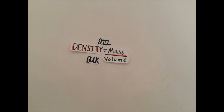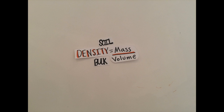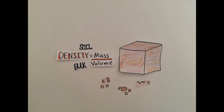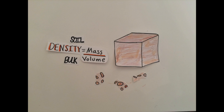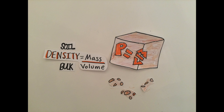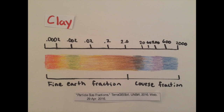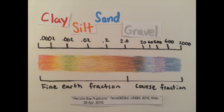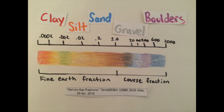Soil bulk density is the mass of a unit volume of dry soil, which becomes important when measuring the soil contaminant concentration correctly for prediction of how many plants will be needed for cleanup. The particle size fraction must be considered as well because it is the particle size distribution of soil particles. For example, if particle size is larger than 2 millimeters, it is considered coarse fraction and would be less easily